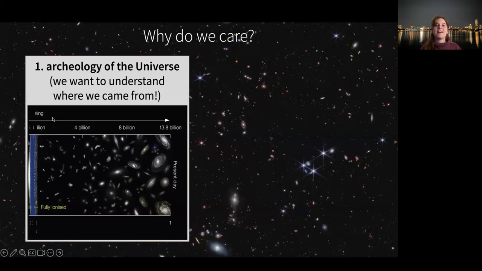And here in this picture, this is the same picture I showed you earlier, but I tried to linearize the time axis just to drive the point home that we're really looking to the beginning of the universe. So you can see that this first billion years is very squished in there.